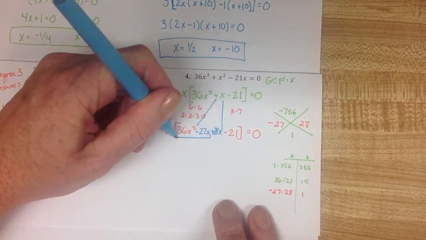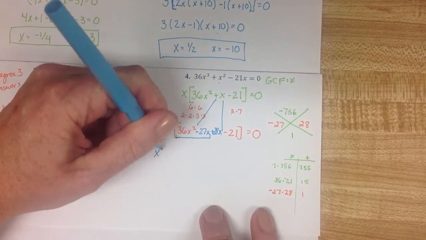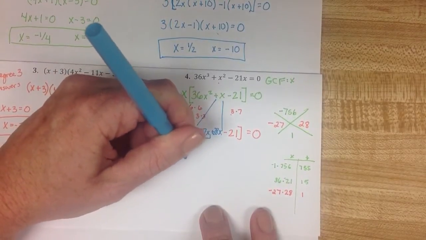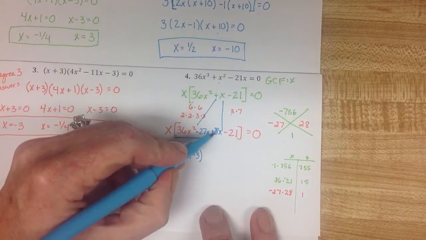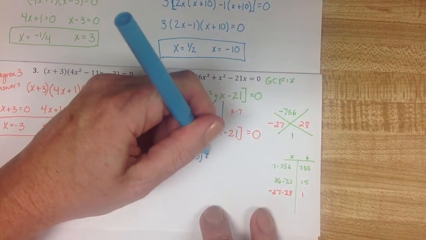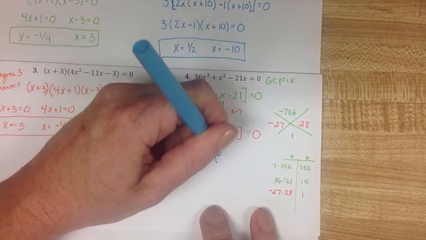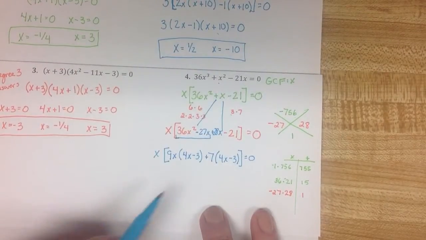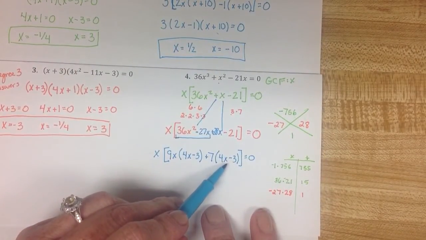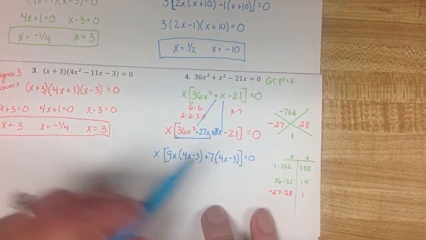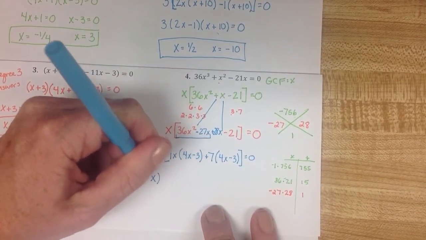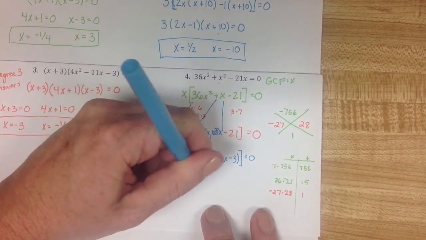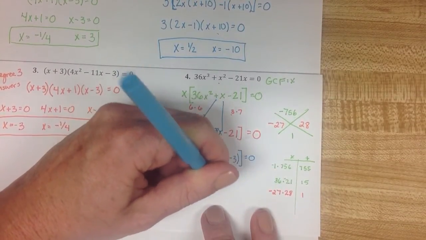So it seems like a kind of funny way to divide up x, but that's what's going to give me, by grouping, the ability to take a 9 and an x out of this first term, leaving me with 4x minus 3, and out of the second term, a 7, which will also leave me with a 4x minus 3. Since these two binomials match, I can factor those out and leave myself with the 9x plus 7. So my final groupings for this are an x, a 9x plus 7, and a 4x minus 3 is what